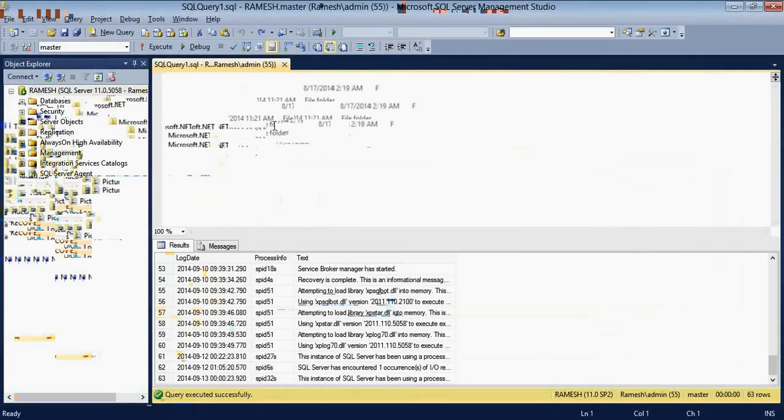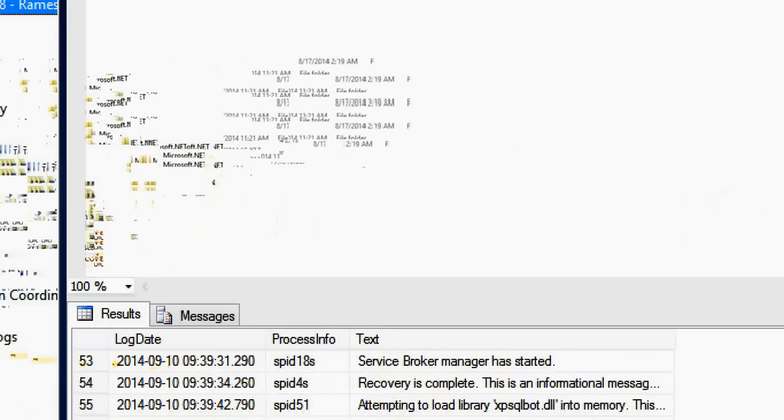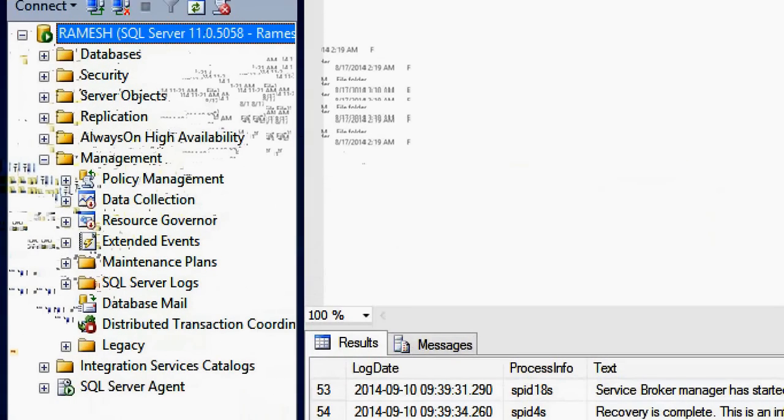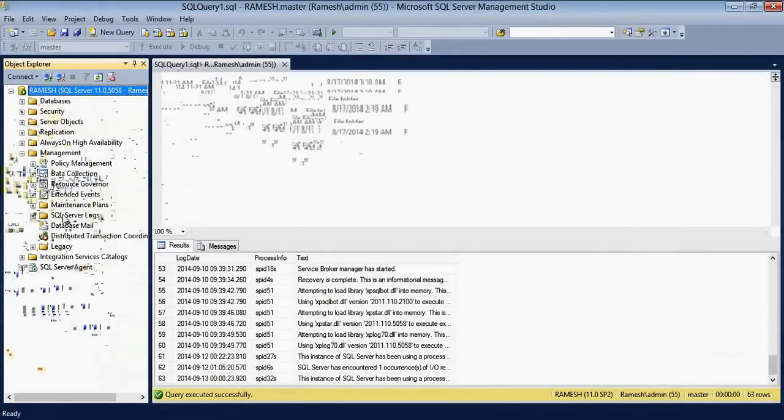Okay, let's discuss how to do this. Click on Management, then go to SQL Server Logs. There right click on it and click on Configure.